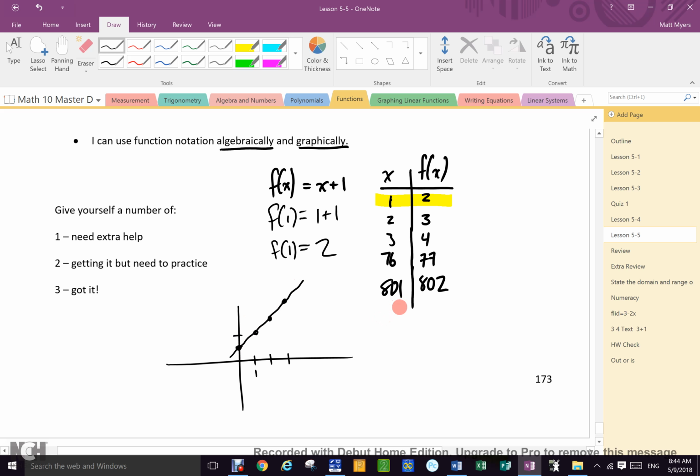If I wanted the f of 0, that's where x is 0, right? So I go to 0 and I check. There it is. It's 1. If I wanted the f, if the f of x equaled 2, that's an output. So I go up to 2 and I find the x value, which is 1. Good? All right,